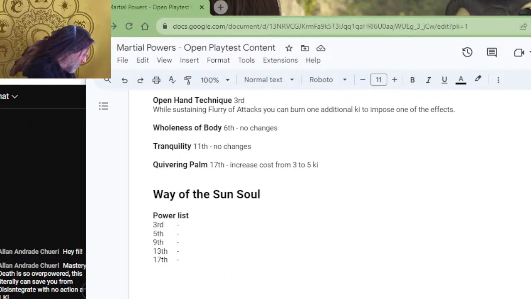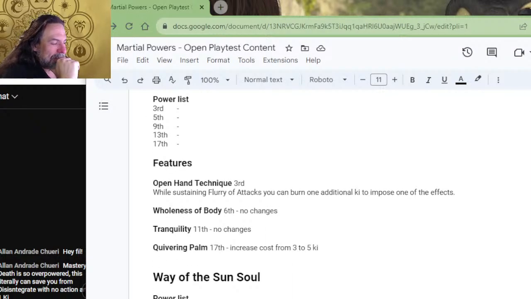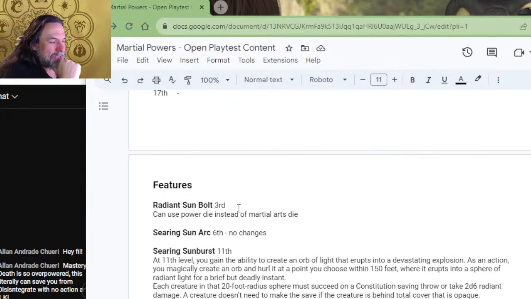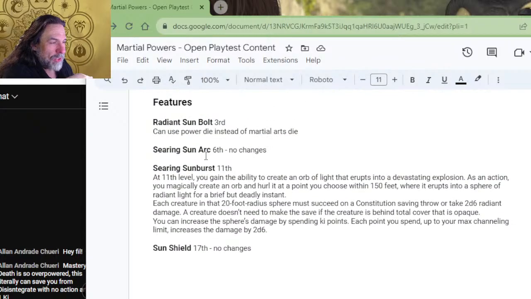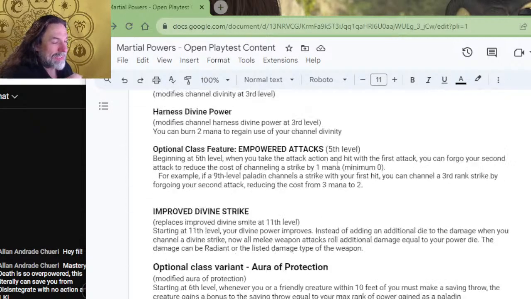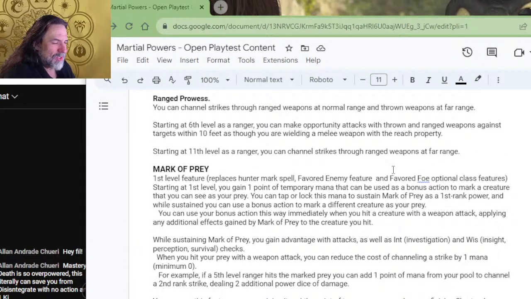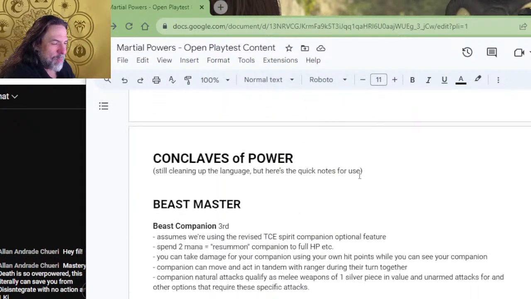We've been at this for over an hour. I do not have time for Way of the Open Hand, but we have Open Hand and Sun Soul left, and then we're pretty close to done with Sun Soul, we think. That'll finish those, but we do have a little time left, so let's actually keep working through